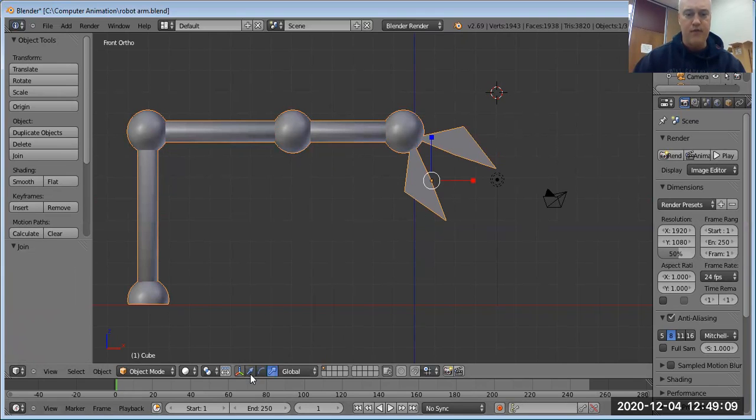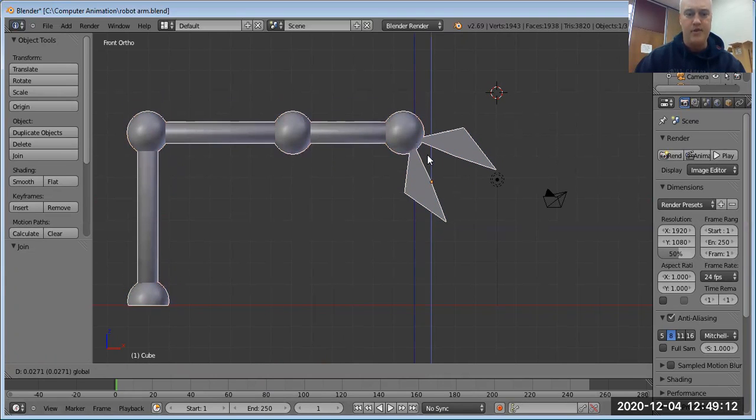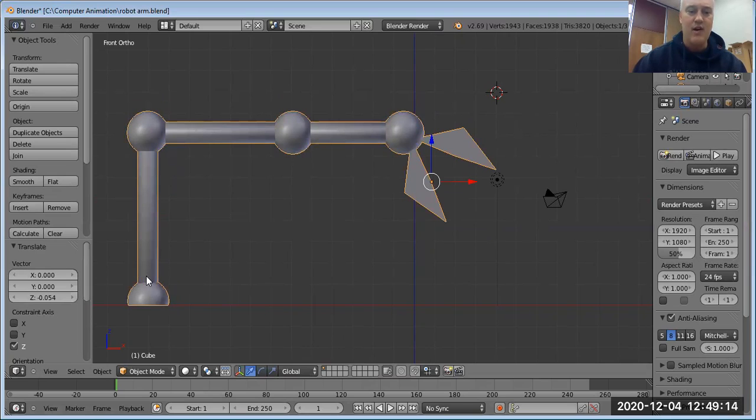So now if I were to move this, you can see that this is moving as one object. Now at this point, what I need to do is add my bones. How I add my bones is I'm going to start my bone down here, and it's actually very important where we start our bones, because where we start our bones is basically going to be the main or the